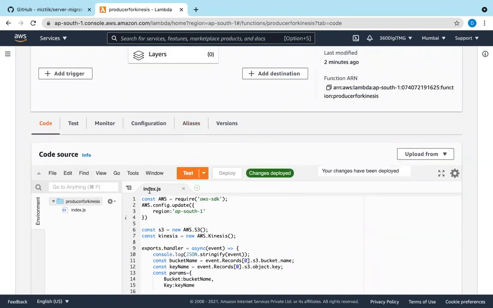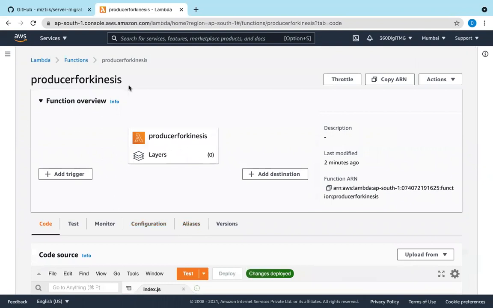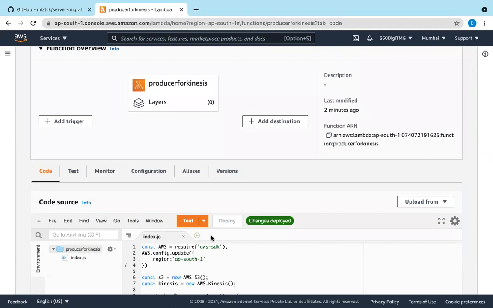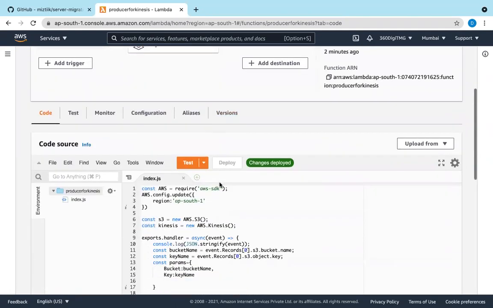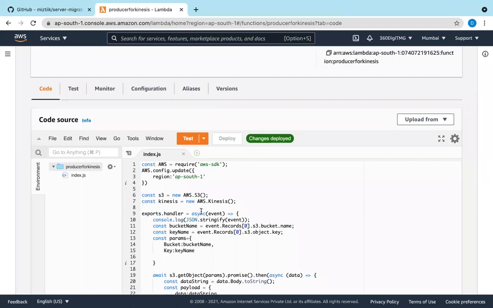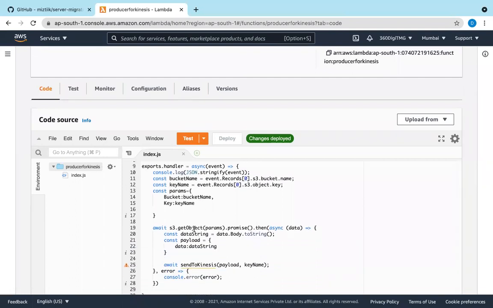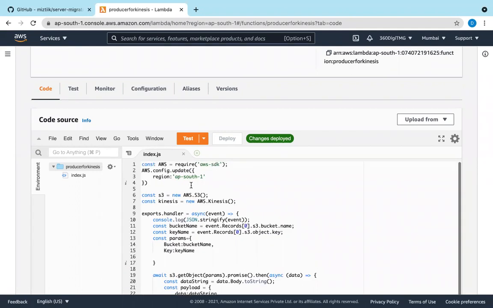So this is what we call the producer for Kinesis. Whenever any object is uploaded in S3, it gets the object parameters related to that object and logs them into the console, and we can view these logs in CloudWatch.